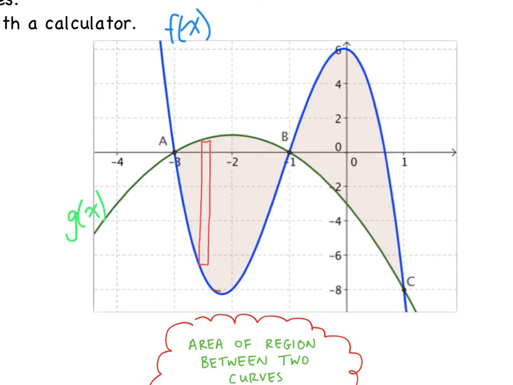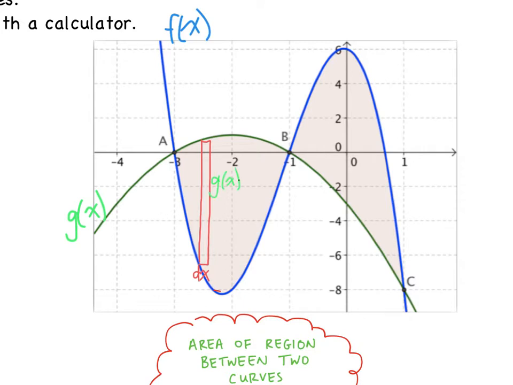So how do we think about this? Well, the width of this rectangle is our dx, and the height of this rectangle is going to be this curve, this g of x,